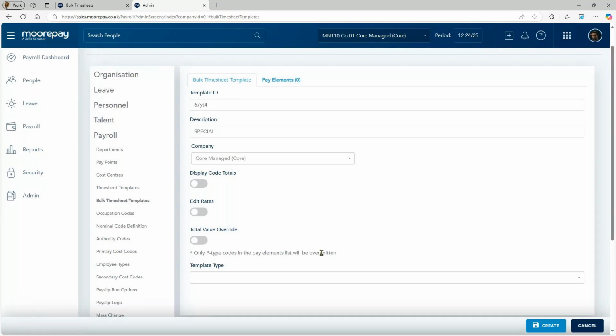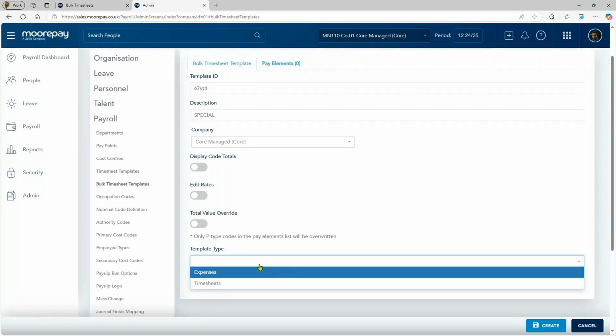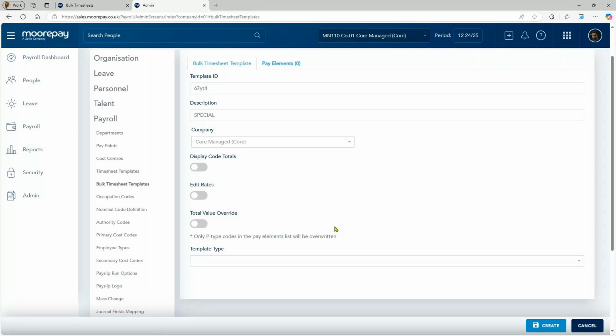That's about it. We also have the option here for template type. Now, this necessarily doesn't change anything in the case that we are considering now, but in other respects, when it comes to things like employee self-service and stuff like that, this could matter. But for now, this would not make any difference. The key bit is this one,